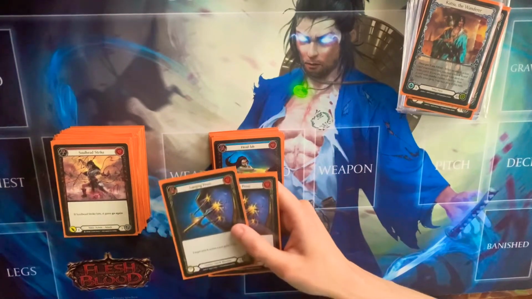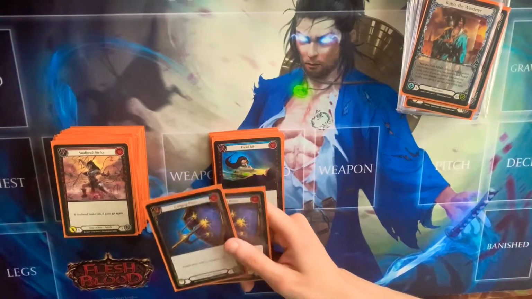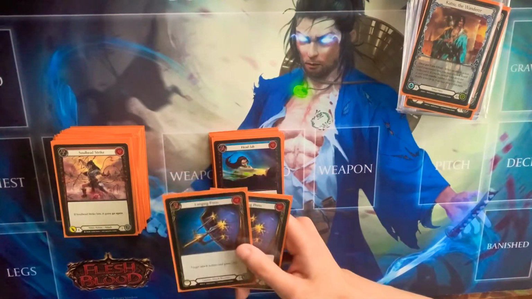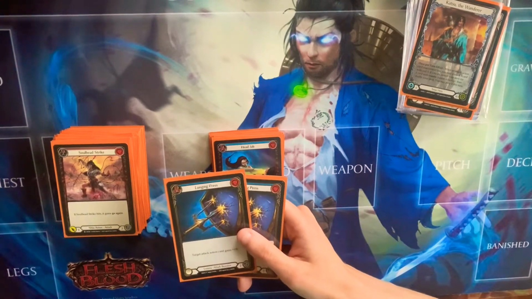But you throw a Lunging Press in there, a lot of the times they won't see it coming, and once they know that you run Lunging Press into a Command and Conquer combo, they're gonna start blocking for 3 with 3 cards, which is a lot of value in my opinion,